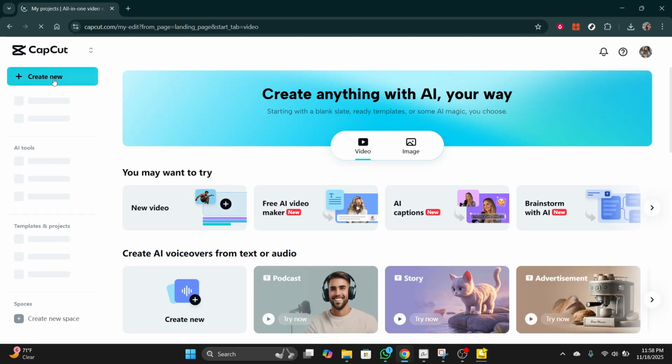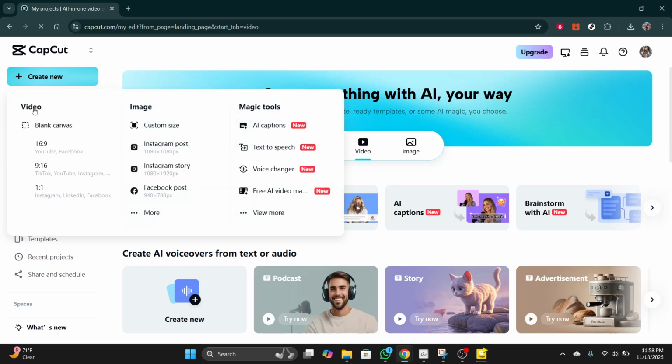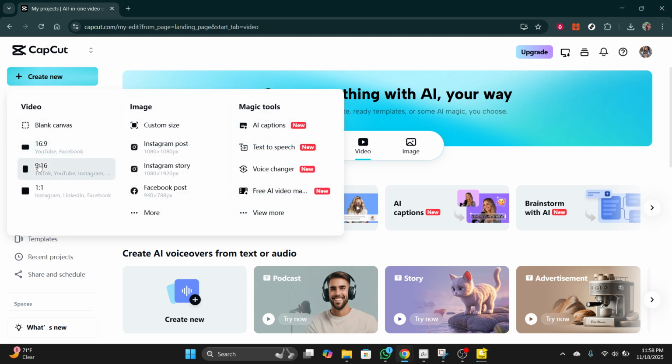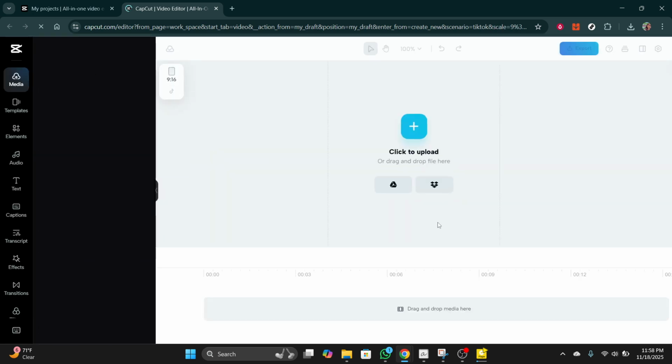Right away, CapCut will ask you to choose a canvas. This simply means selecting the aspect ratio for your project. Pick the one that matches where your video will be posted: vertical for mobile platforms, horizontal for YouTube, or square if that's your style. You can change it later, but choosing the right one now helps you visualize your edit